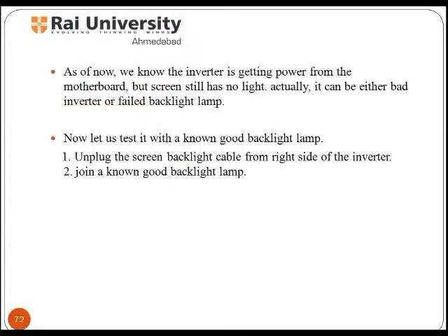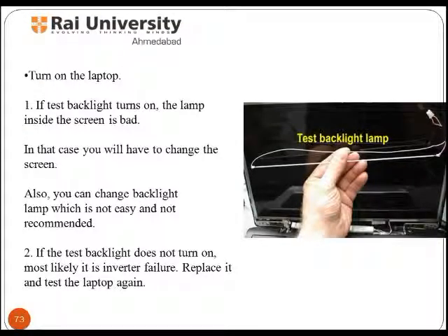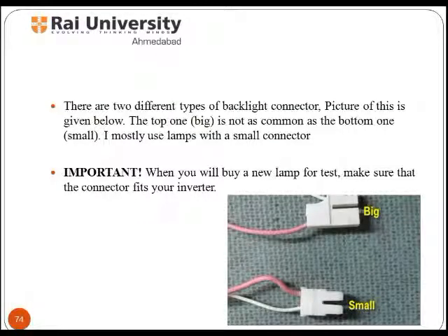Let's study the troubleshooting of a backlight lamp. You need to follow some simple steps. Firstly, this laptop was tested with an external monitor connected to the VGA port, and the external monitor worked fine. Now closely look at the laptop LCD and notice the screen is not completely black. If the screen still gets the data signal from the video card but for some reason the backlight lamp is not working,